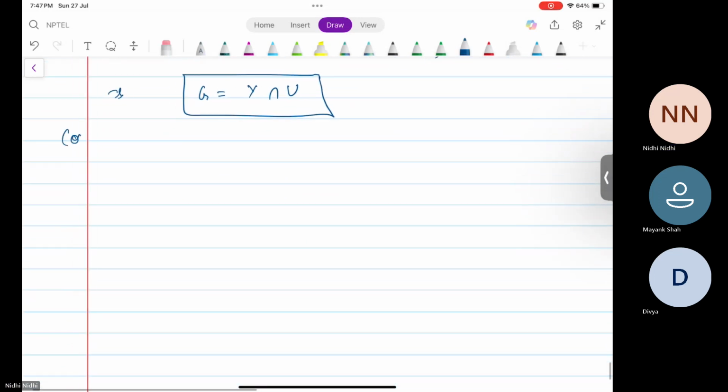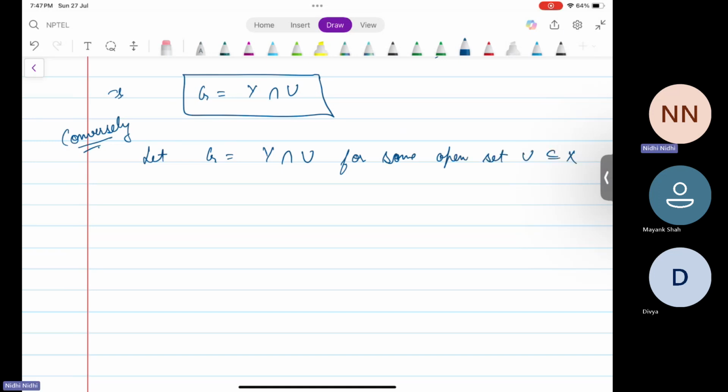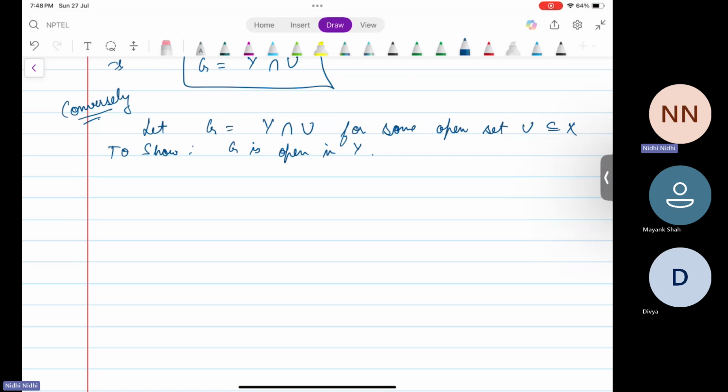Conversely, let G is equal to Y intersection U for some open set U in X. We need to show that this G is open in Y. So in order to show that it is open in Y, we will show that every point is an interior point with respect to the metric in Y. Obviously, clearly this is a subset of Y. Now